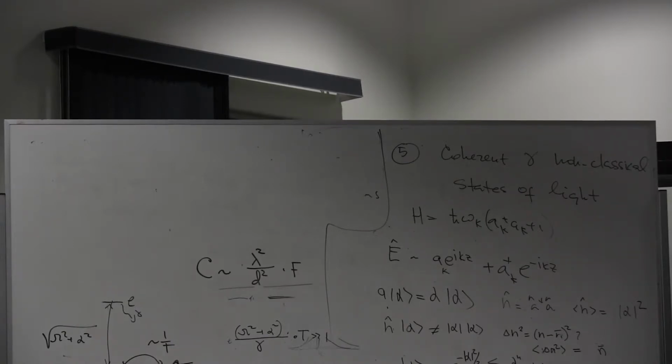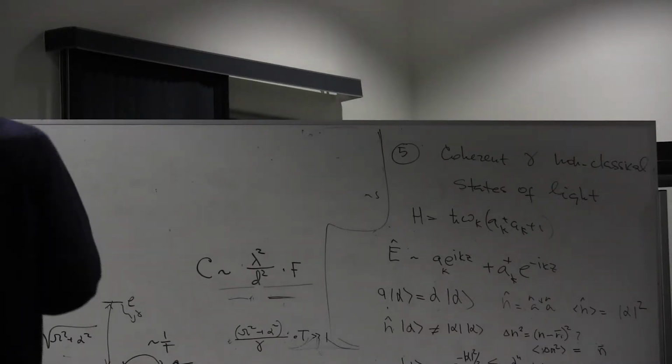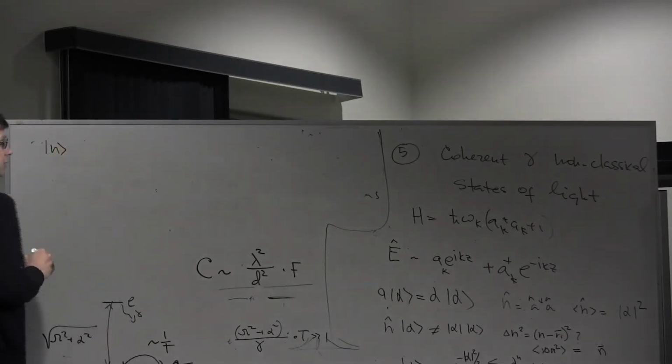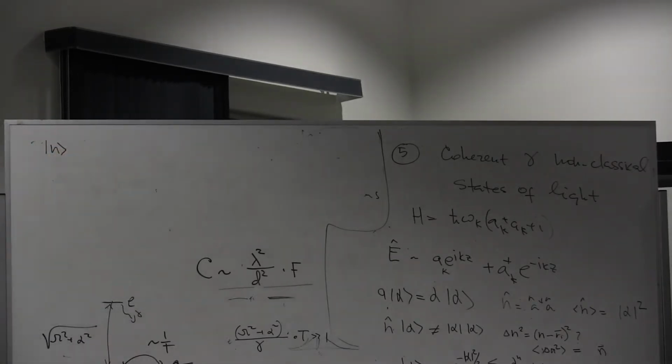Because, you know, there are some states, for example, the state with well-defined photon number, right? The Fock state, this is actually a non-classical state. This is a state which is an eigenstate of the photon number operator, it does not have a defined phase. So it's an example of a non-classical state. It's a different class from the coherent state, right? So it's one example, but there are other examples, right? For instance,